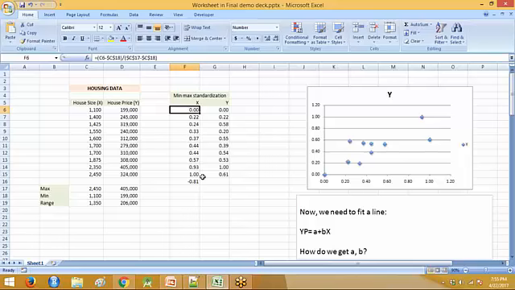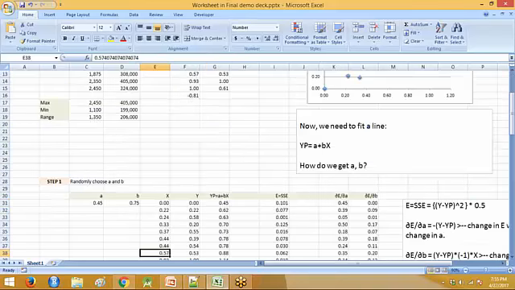And after doing this, you would have noticed that for the x column, the values are ranging between 0 to 1, and also for the y column, the values are ranging between 0 to 1. So that means somehow using this min-max standardization, we have normalized for the different magnitudes of each of these columns. Now that we have normalized for the magnitudes of each of these columns, the next step that we are going to do is fit a line like this where y is equal to a plus bx.